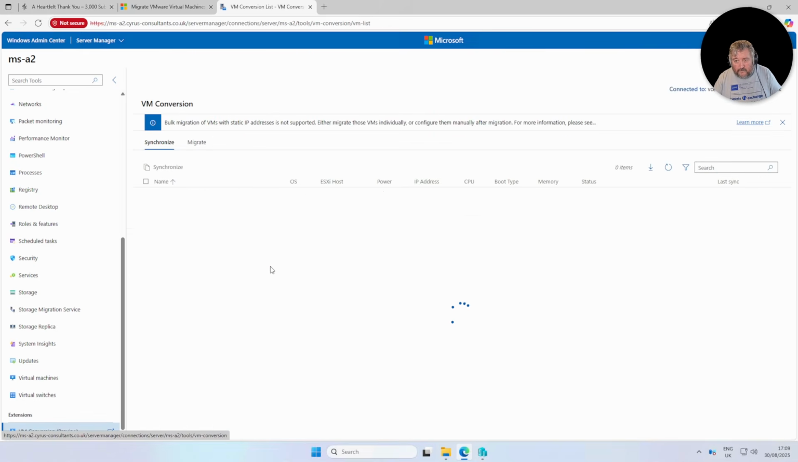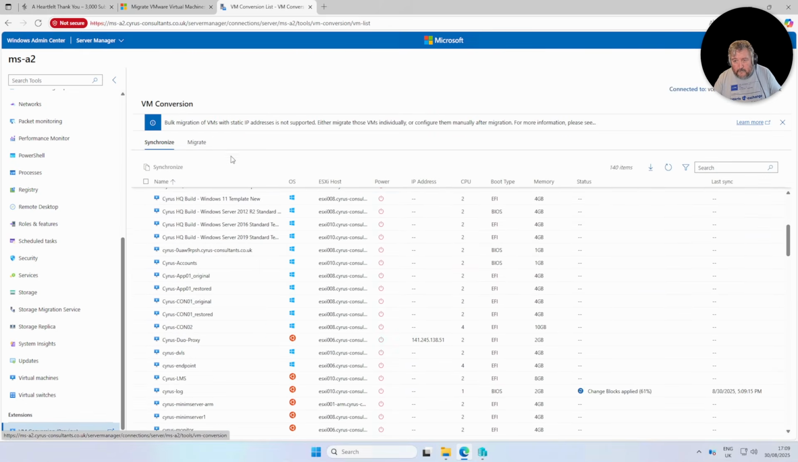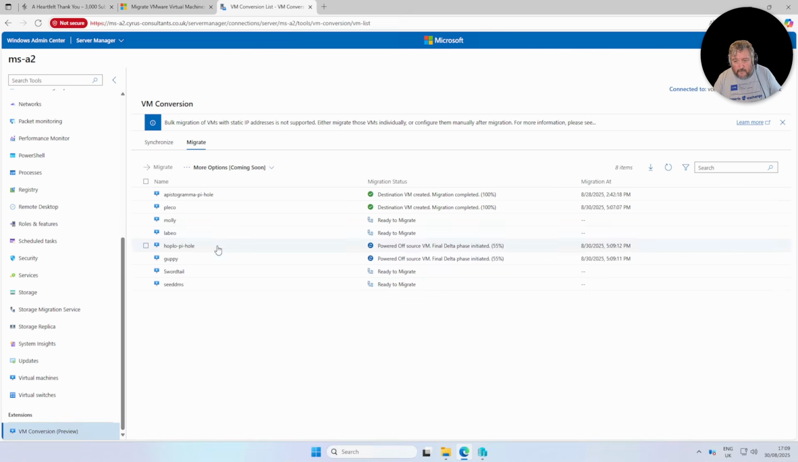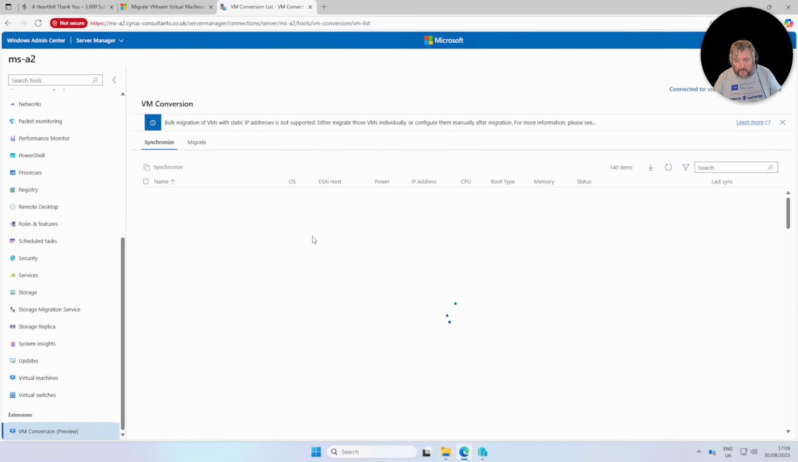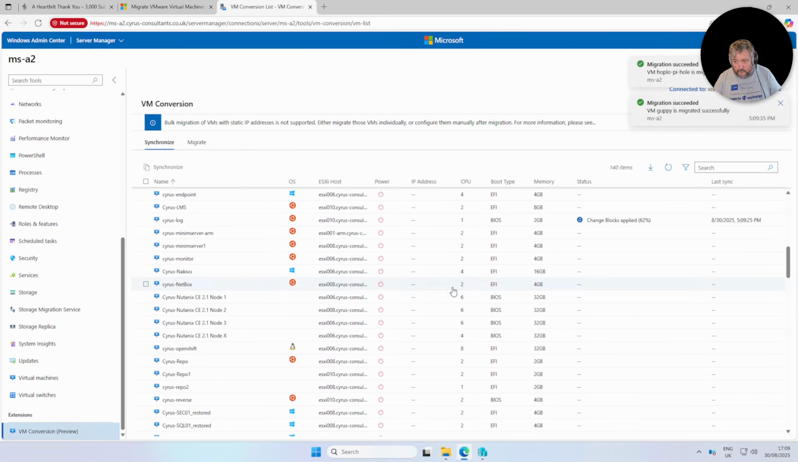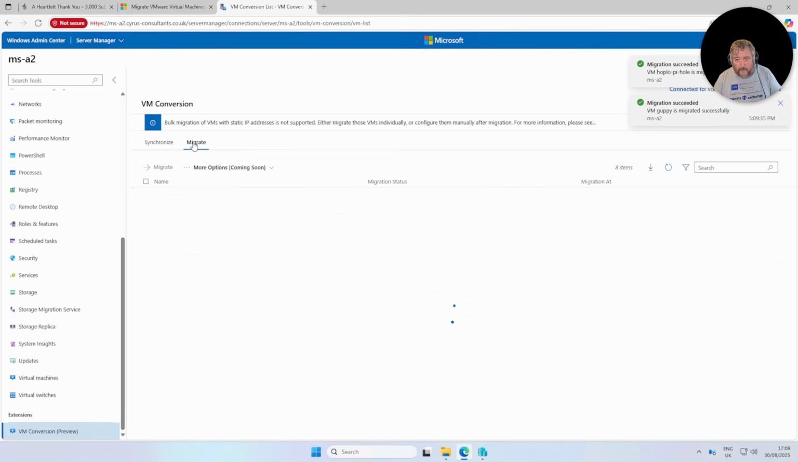Let's have a little look. Let's just go back to Migrate. Powered off source, powered off source. It's doing the final Delta. And then we should end up with a couple more machines. We have a little look, synchronization option. That synchronization is still completing. If we go back to Migrate,